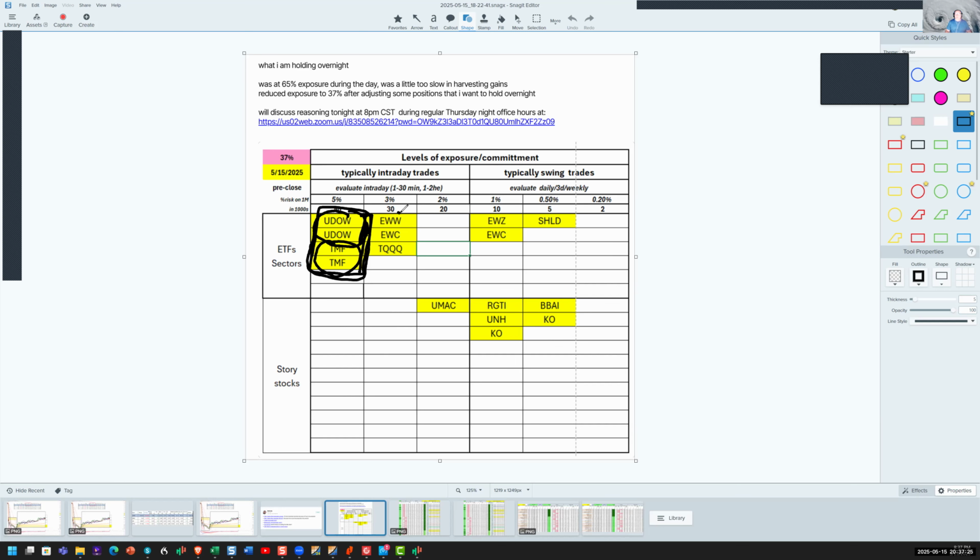We have a good, strong position in Mexico and in Canada, and then also a 30K position in the triple leverage Qs because technology had a relatively good day today. So what I have is about 40% exposure. I have a blend of Main Street and Silicon Valley. We have some international